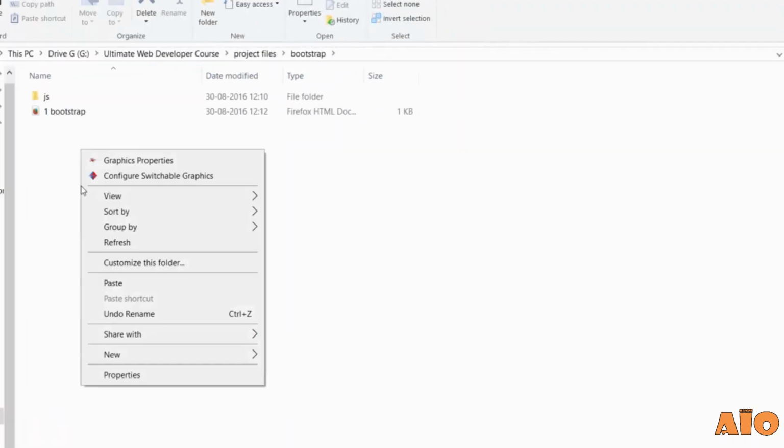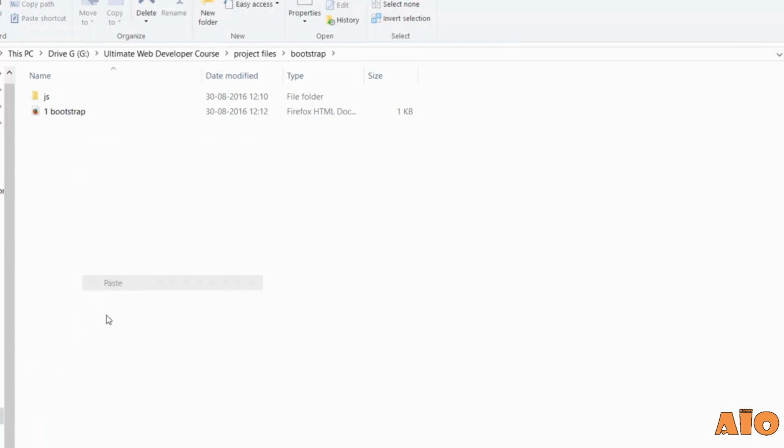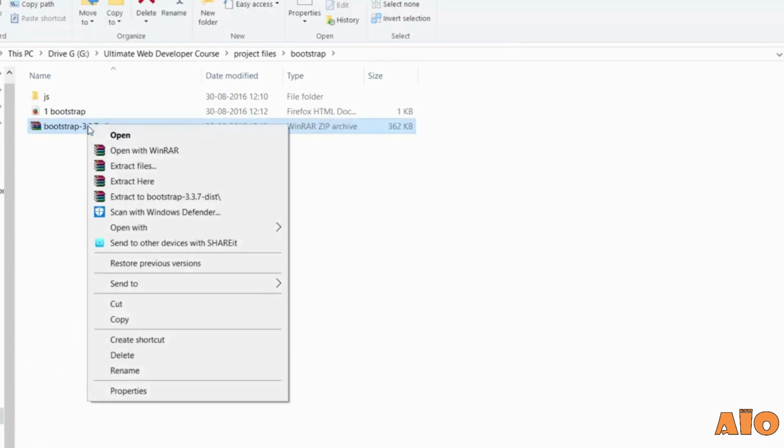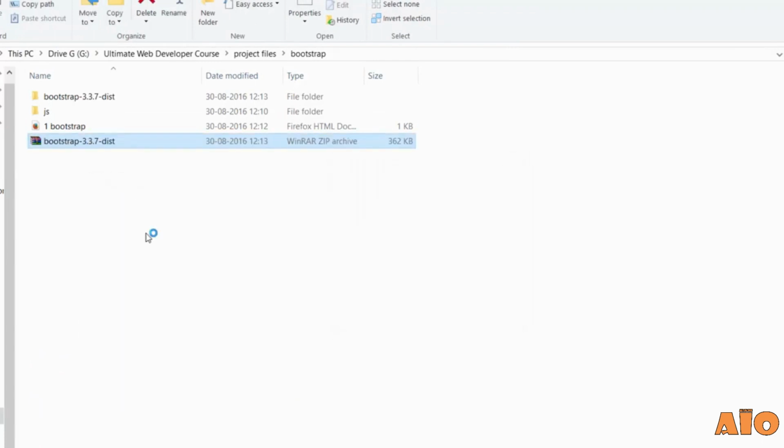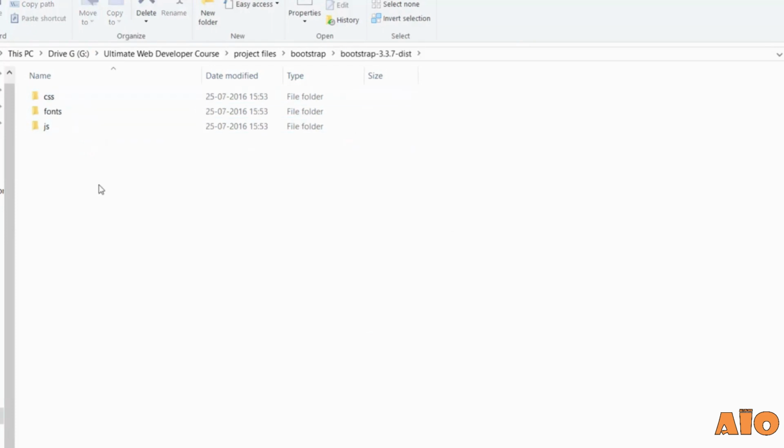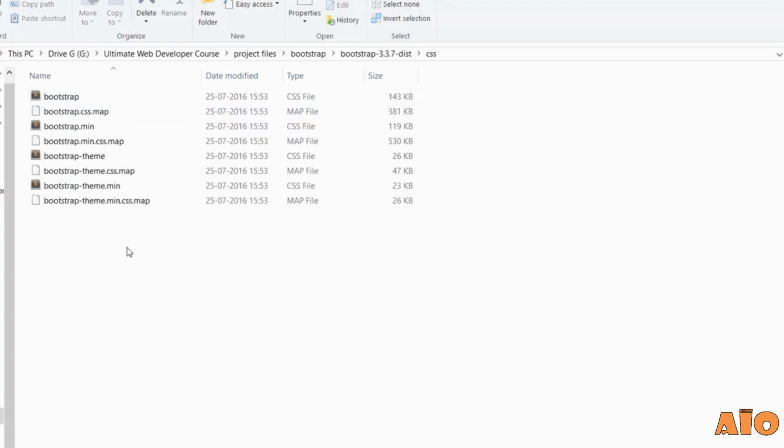Now let's paste it inside our Bootstrap folder. Let's extract here only. So there you go, this is the Bootstrap folder. Now we don't need this, so let's delete it. Let's open this. Now what you need to do, let's open the CSS folder, and here we have some CSS